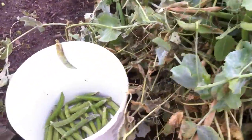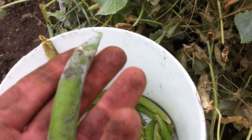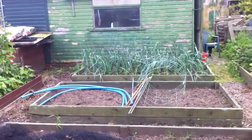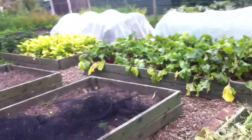But the reason I wanted to grow these was because I wanted to store them. I mean, look, these are the good bunch. You can't eat that, can you? So anyway, I've took it all down, took my frame down. And I'm just going to have to lick my wounds and move on. And then next year,